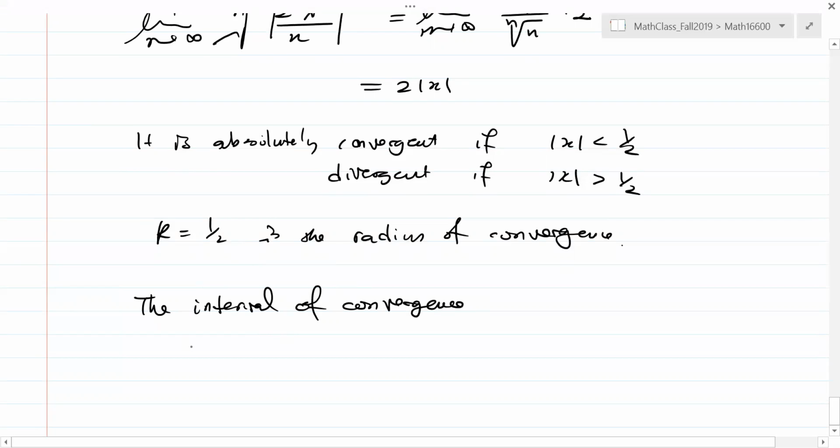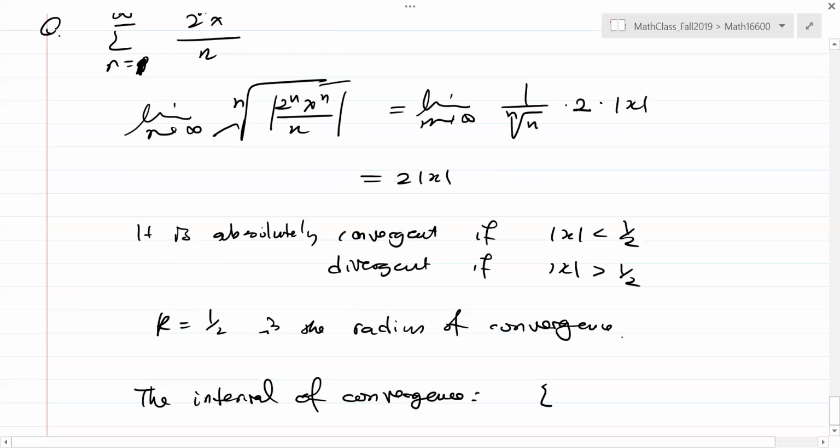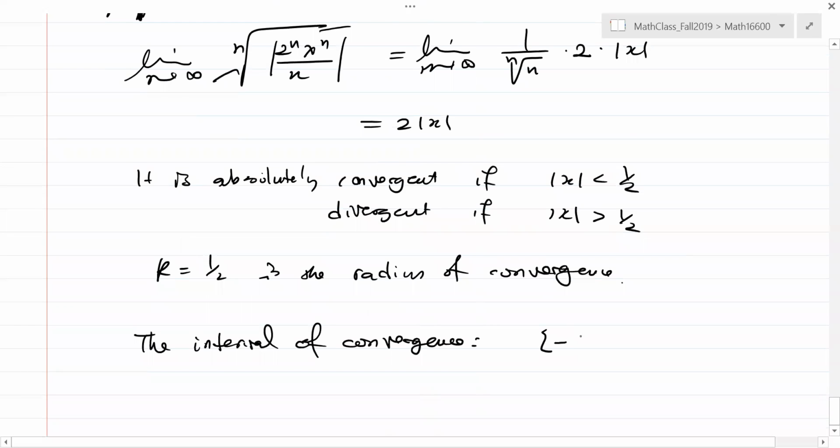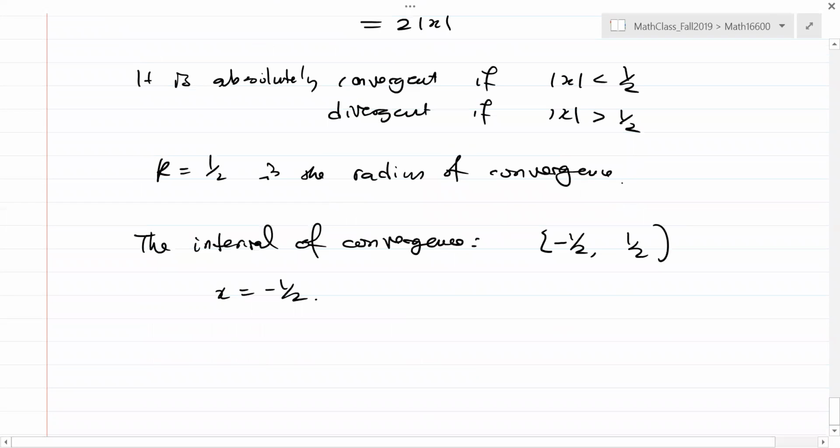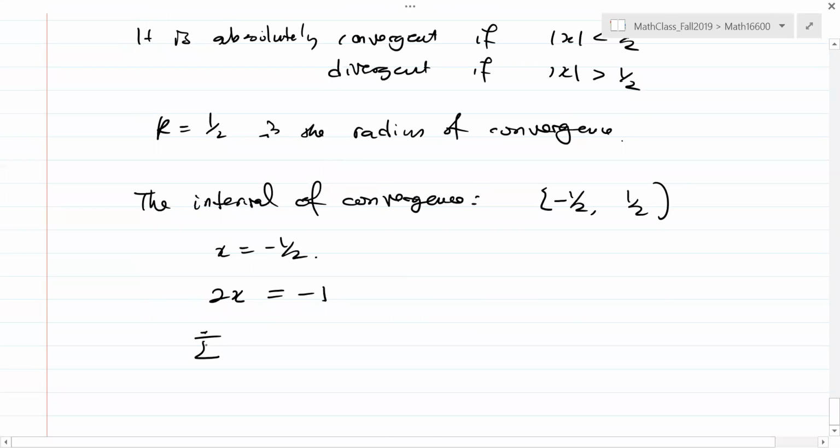In order to find the interval of convergence, I think it's going to be between -1/2 and +1/2. Why is -1/2 included? When x equals -1/2, 2x is going to be -1. The series